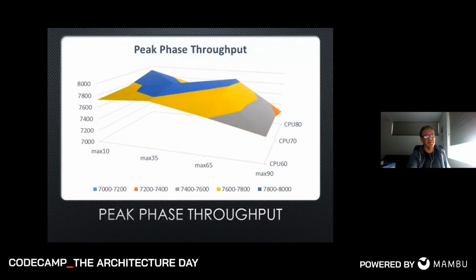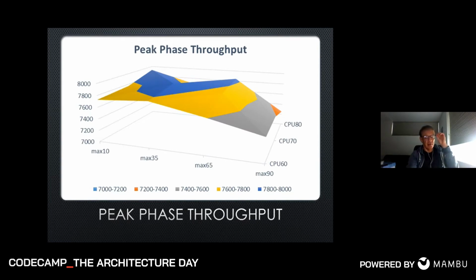Also, just look at the peak phase. So this is when the number of client requests was at its peak of 1,024 concurrent client requests. And again, the peak phase is kind of also interesting. We're seeing peaks over here. It's a maximum of 65 and CPU utilization of 80%, maybe here. And you can see from the colors where we see a drop in performance over on this side.